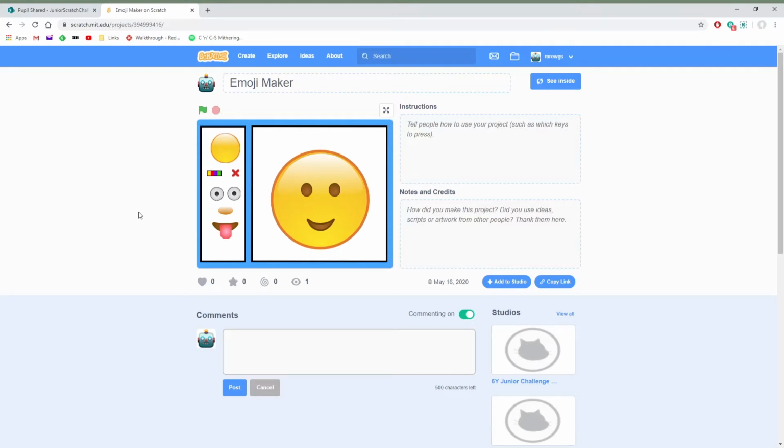I'm going to take you through the coding that you need to do, and there are instructions available, but actually this is more about creating new costumes and new sprites in Scratch. So first of all, if I click on buttons, I'll click on the eyes and you'll see I can change to different eyes. I'm going to click on the nose, click on a mouth, click on the head,